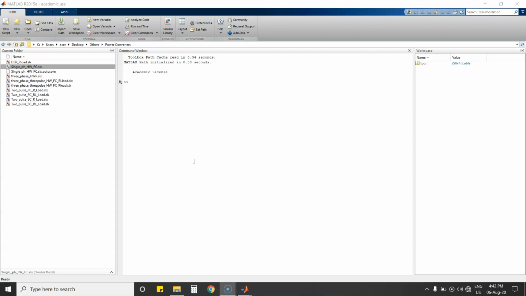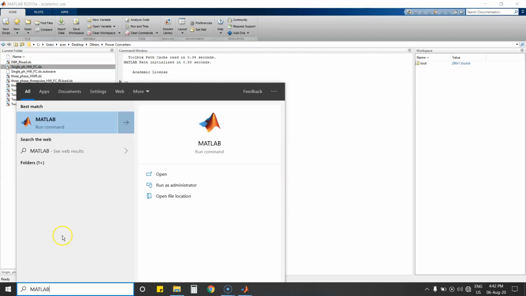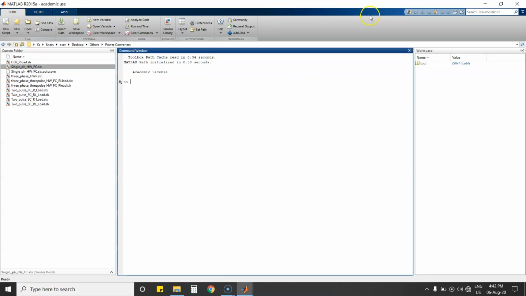Start by opening MATLAB, either using the shortcut available on your desktop or by typing MATLAB in the run command, which will appear. Just click this and MATLAB will open. This is the first MATLAB window screen. Here we have the current folder and the command window, where we will write various functions or give inputs to the variables, and this is the workspace, where the variable values appear.